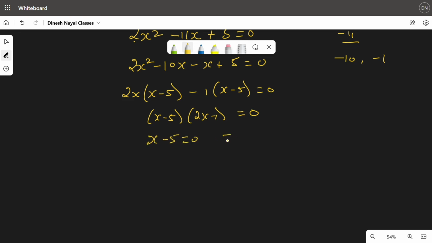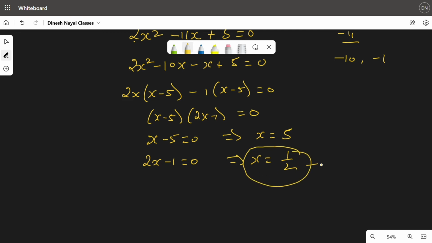X minus 5 equal to 0. That means x equals 5. And 2x minus 1 equals 0. So 2x equals 1, x equals 1 by 2. Now see, now what we have to take. So see, if we take x equals to 1 by 2, so that's not possible because what will be the